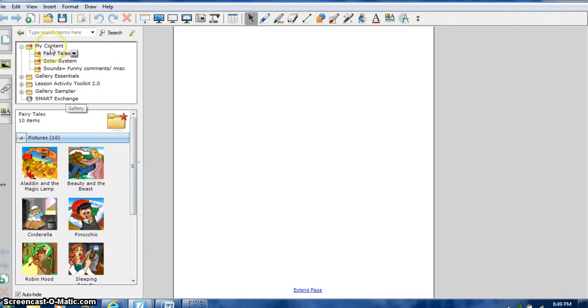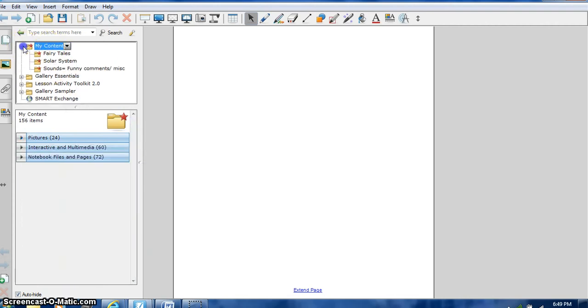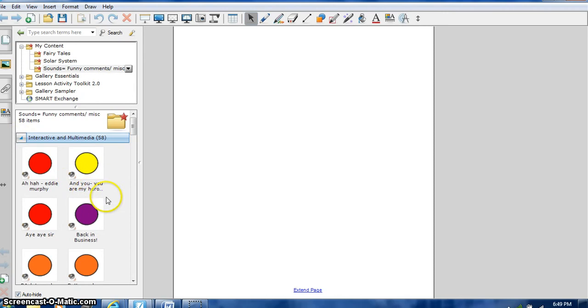But when you download something like that, it's going to be under My Content. So you just have to find it. Like I have a solar system one, so there's pictures of the solar system and multimedia, which looks like these are videos. Also sounds, I can insert sounds, so I put these in. If I put one in,